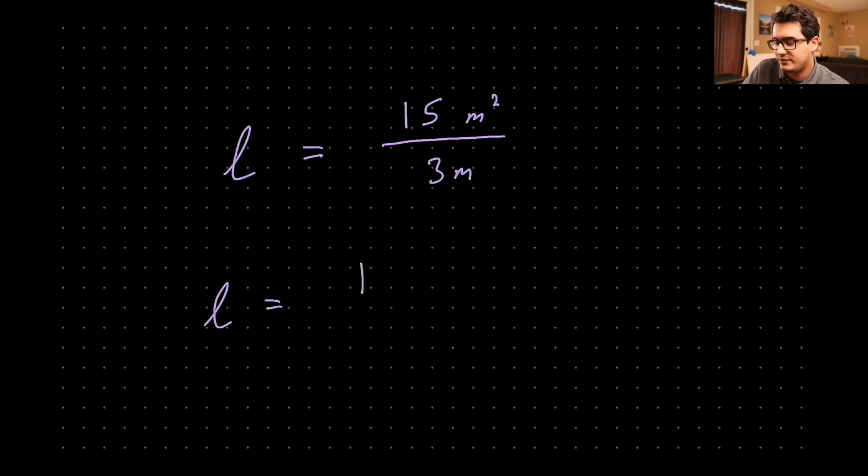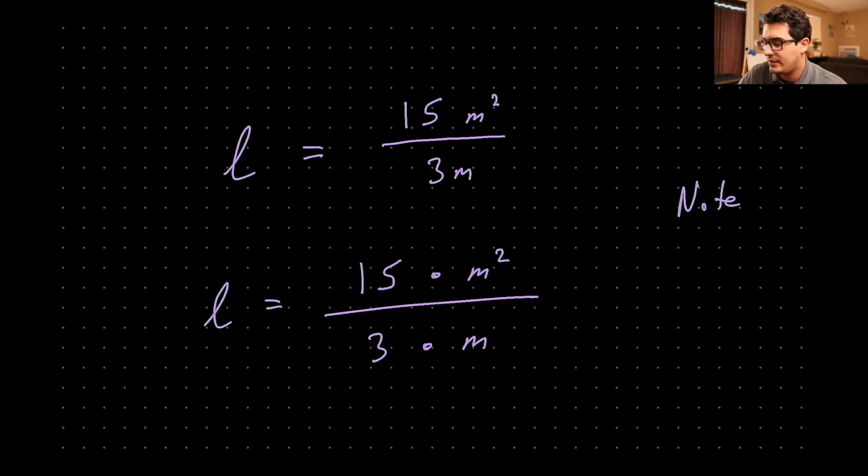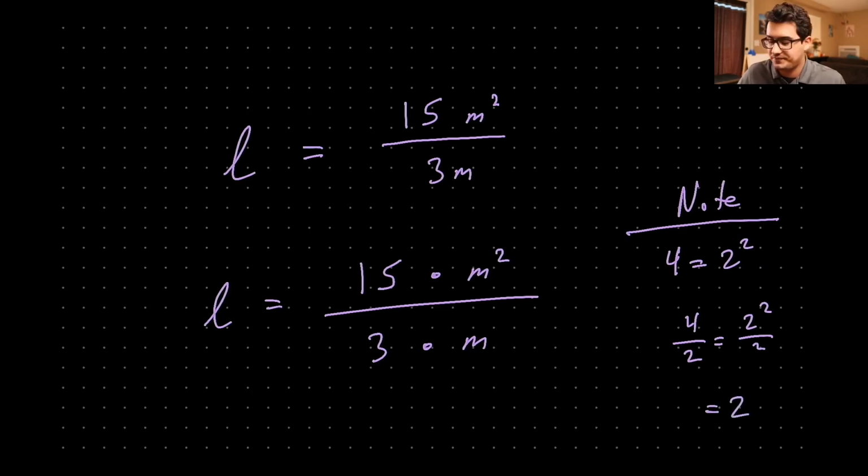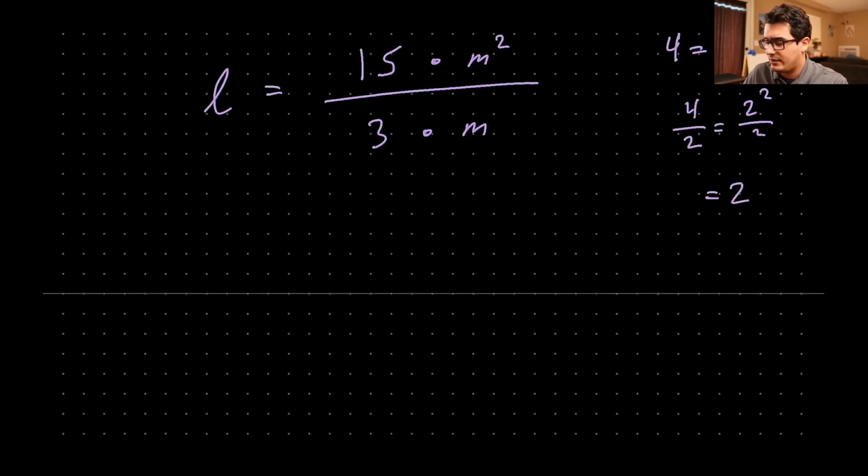It's a fraction, so it's 15 times meters squared over 3 times meters. And so a little note, in case you forgot, 4 equals 2 squared. So when you have 4 divided by 2, you have 2 squared over 2, and you just end up with a 2, right? So in the same vein, the same thought here,